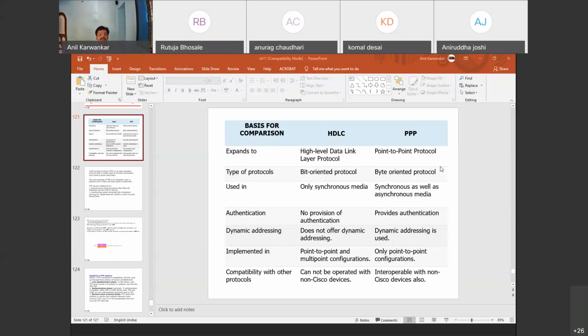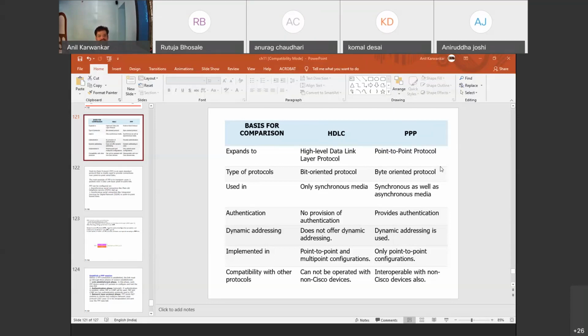The next is dynamic addressing. In HDLC, the addresses associated with the devices are always fixed. You cannot change the addresses. With fixed addresses, it's quite easy to find the circuit path necessary for the packets divided at the network layer, and the data can be properly put onto the communication media. But if the number of devices is quite large, it's very difficult to maintain a static addressing scheme for the various devices in HDLC.